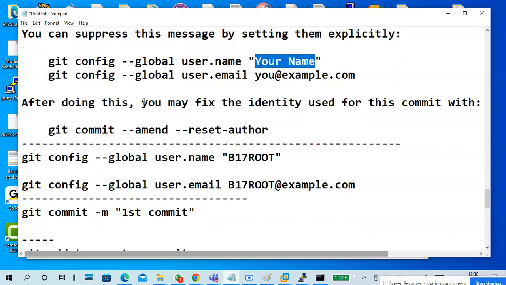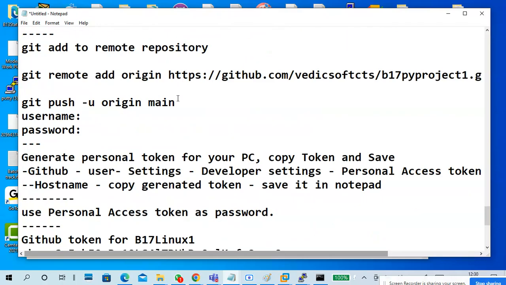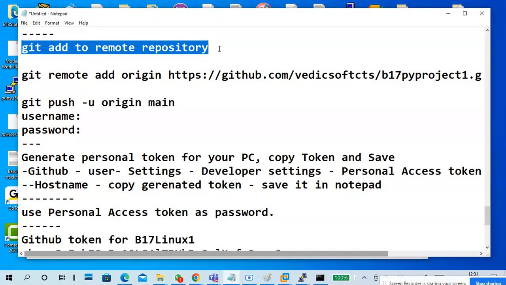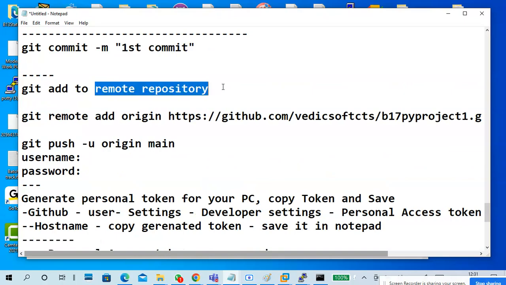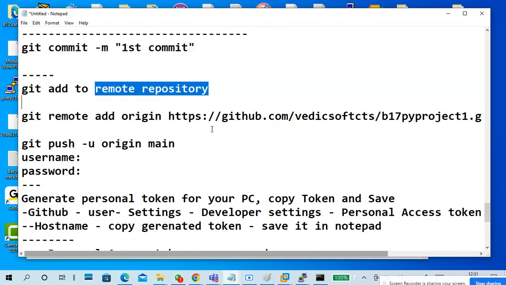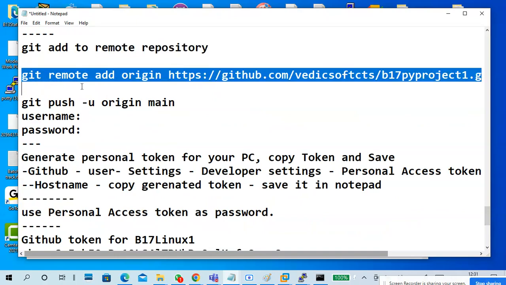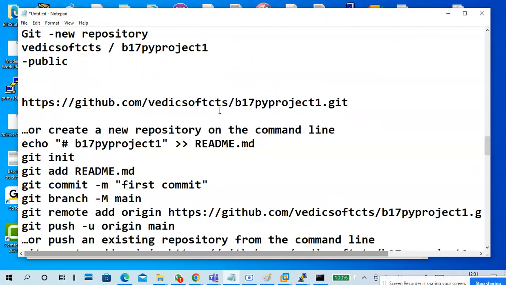Next, once we have done this one, again try to commit it. Next one is git add to remote repositories. This part, now local repository is completed. Now it is remote repository. First of all, add your remote repository information to Git. Of course, before going to that one, we already created a